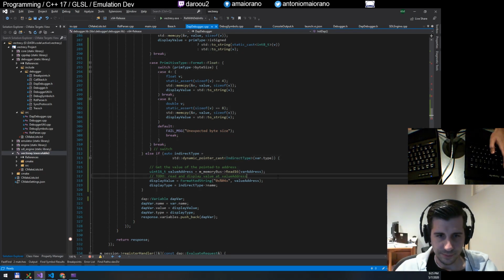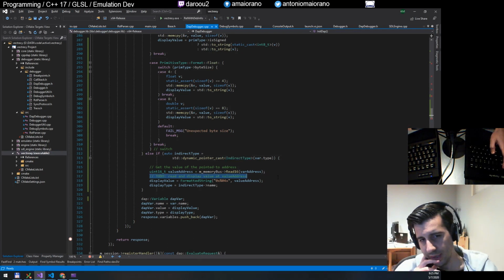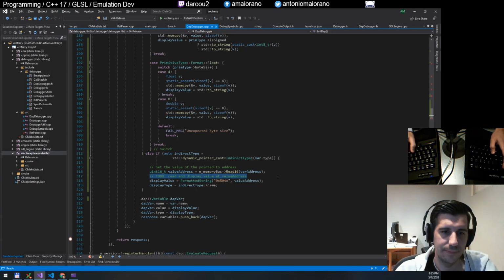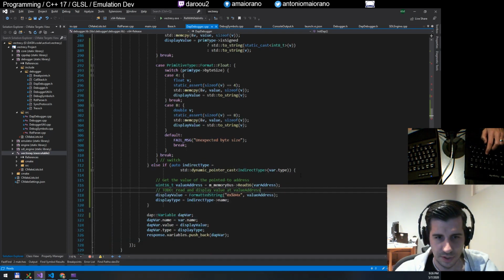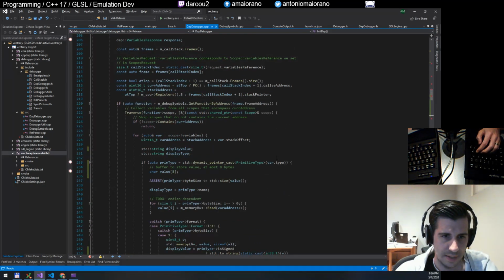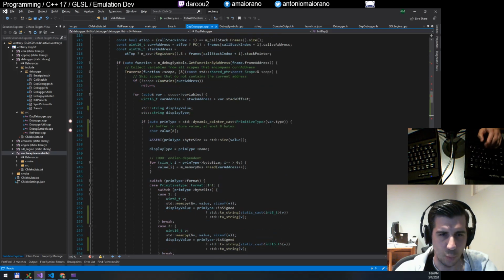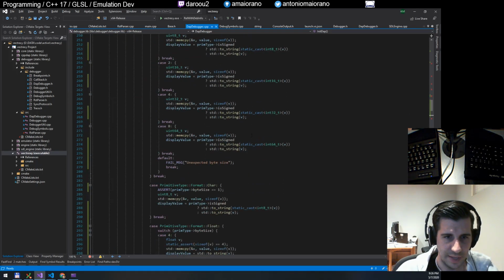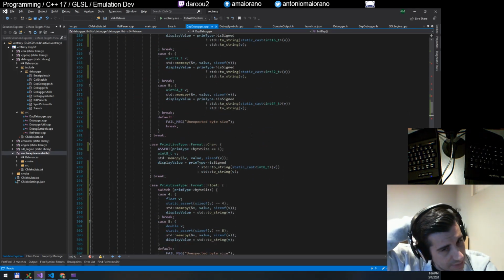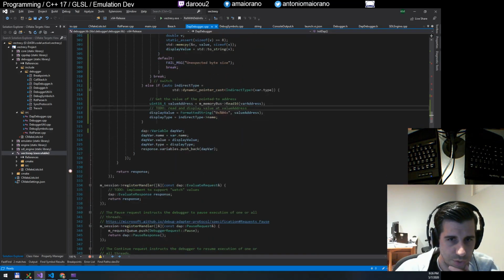And as I said here, to do, read and display value at value address. So that's right. And the thing is that what I'm reading may itself be a pointer, right? An indirect type, in which case we want to keep going. So there's a little bit of work I'm going to have to do here. So let me start thinking about how I'm going to split this up. So I know one thing I'm going to have to do is, in order to expand, we're going to want to